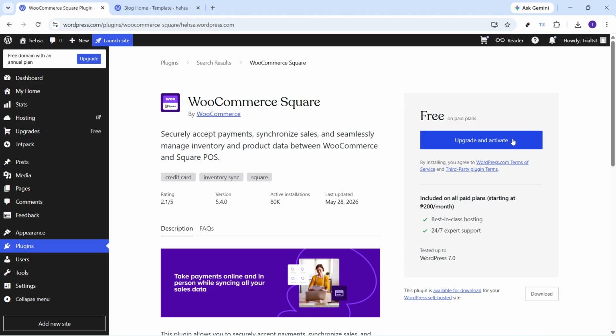From this point, after the plugin is active, you can move on to connecting your Square account and configuring payment settings inside WooCommerce. As a quick tip, it's helpful to have your store details ready beforehand so the rest of